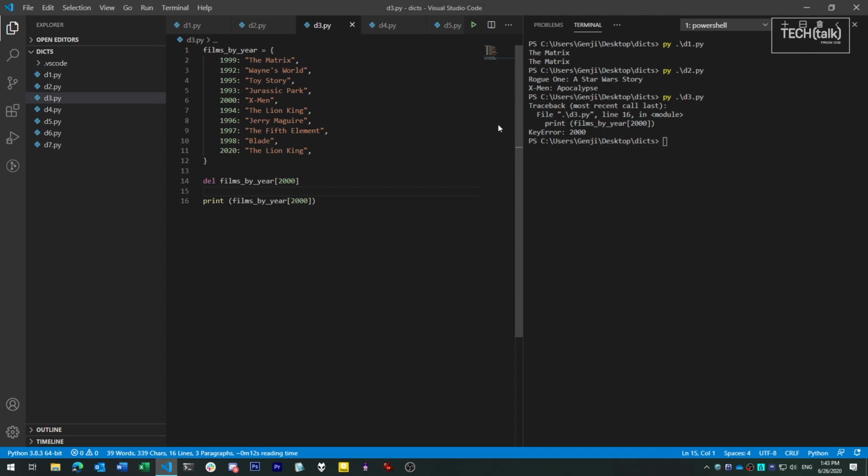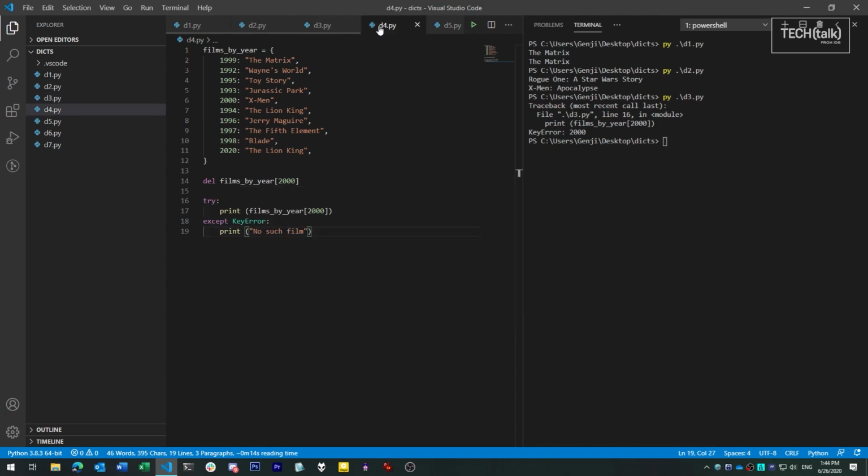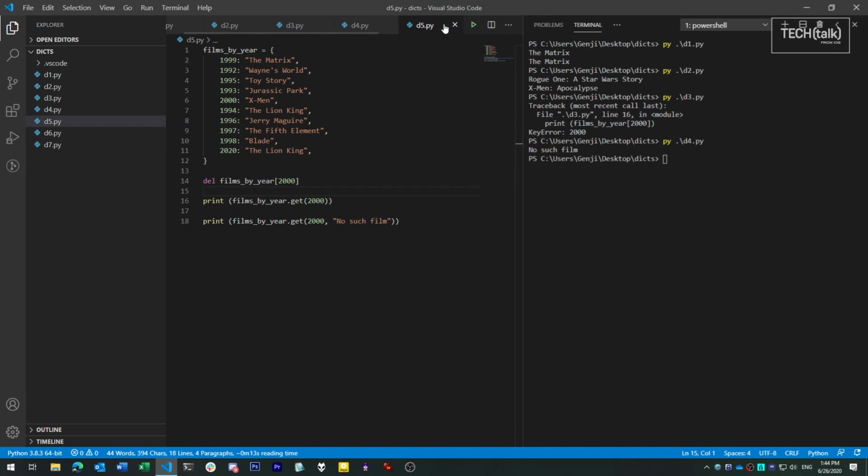Now you see how trying to retrieve the value for a non-existent key throws an exception? Now, you may be tempted to throw a try and except block around it as a way to handle this, and that's a perfectly acceptable way to do it. But dictionaries have an elegant internal mechanism for handling cases where you may be looking for a key that isn't there. The get method on a dictionary looks for a given key, but returns None if it can't find it instead of throwing an exception. You could also provide an optional value to return instead of None if you'd rather have a different default.